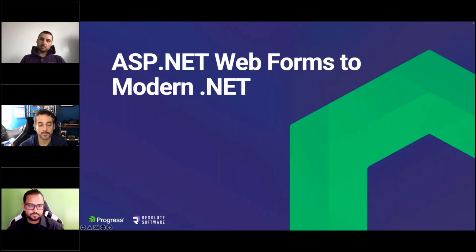All right. So shifting gears here a bit, we'll talk about web forms to modern .NET. We've been doing web forms a lot in the .NET world. It's a great technology. It enabled desktop and web developers alike to get on the modern, back in the day, version of .NET and start their web development journey. But it's 2022 today, so it's maybe time to move on into a new generation of technologies in the .NET world. And luckily, Microsoft has a lot of options, and we'll look at some of those today.